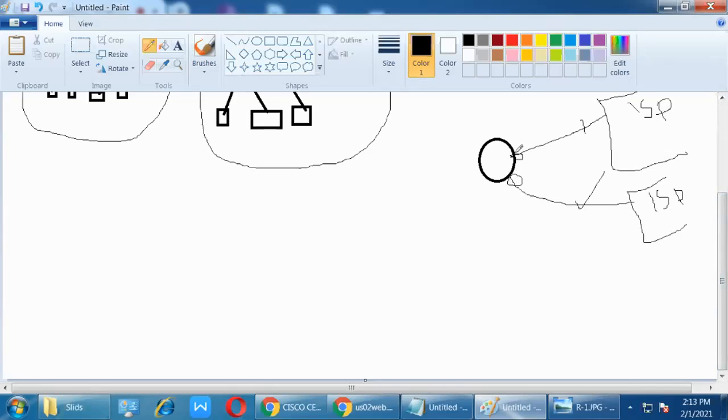So here this port connects to the WAN, wide area network. ISP means public network, right? The ISP provides the internet, which is nothing but the public network. Internet service provider. Here I'm talking about the old way. Nowadays we are using fiber optic, so with the help of fiber optic we can connect.